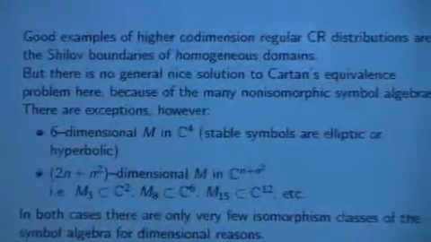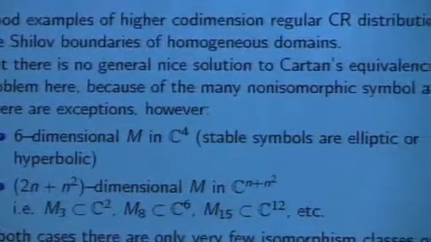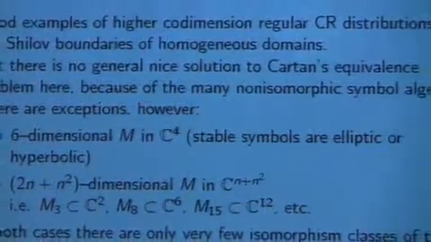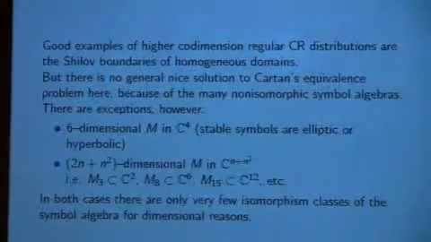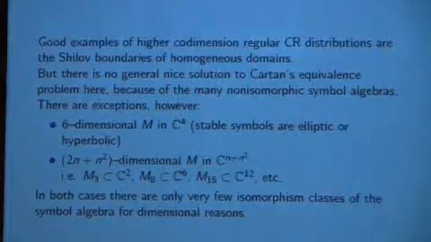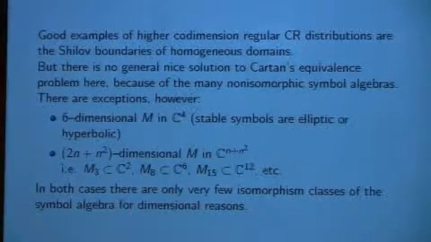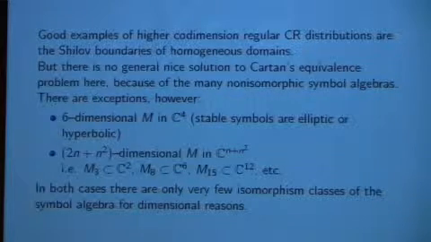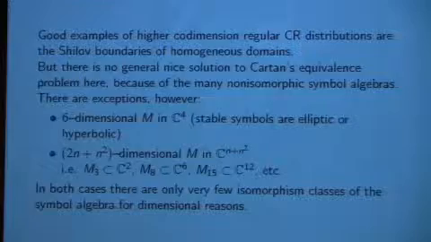One of them is the special case of six-dimensional real manifolds sitting in C4. And there you have only two stable symbols. In fact, you have three symbols: elliptic, hyperbolic, and the third one is called parabolic. And the situation there is somehow very special and is related to these low dimensions, because what you get there